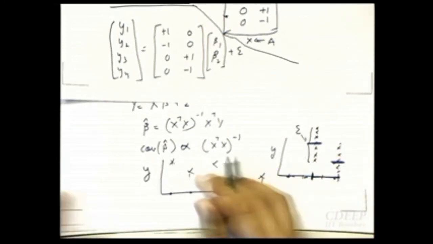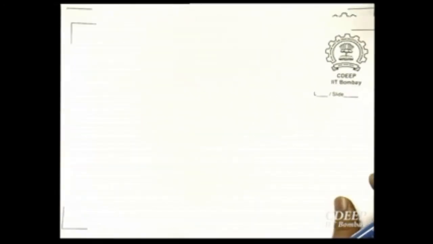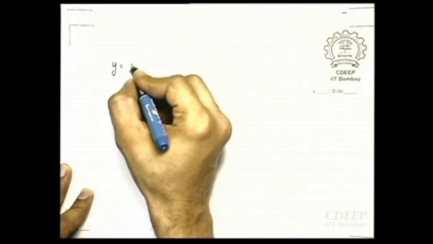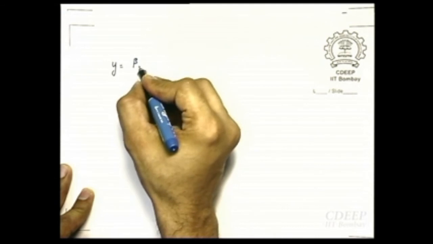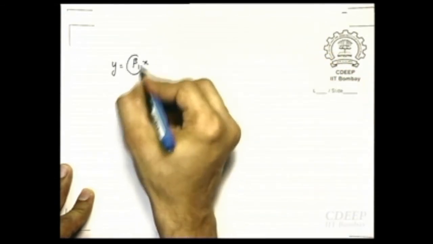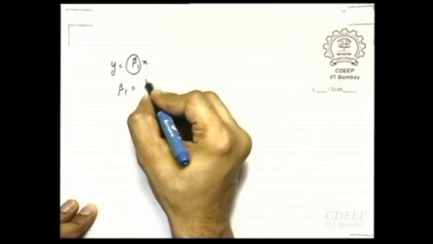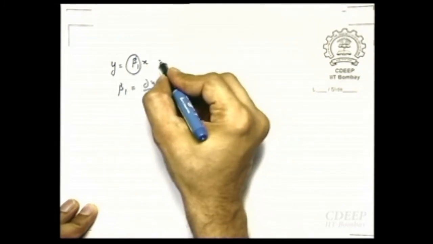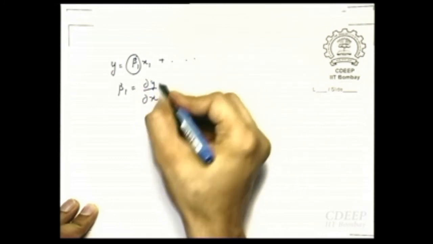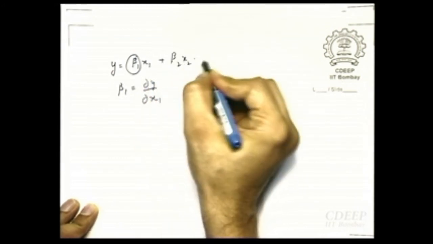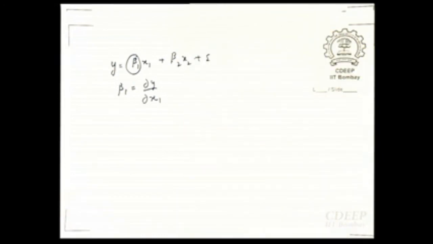The other way to look at this is what the regression coefficient means. When you write y equal to, let me just say, beta 1 x, ignoring other things, what are the units of this beta 1? How do I interpret this beta 1? There are other things, which are functions of maybe x1, maybe functions of x2, and error and intercept and so on. So really this beta 1 is nothing but the derivative of y with respect to x1, right?